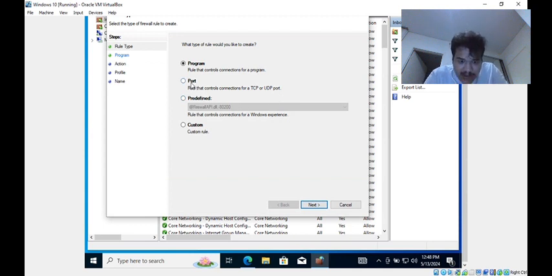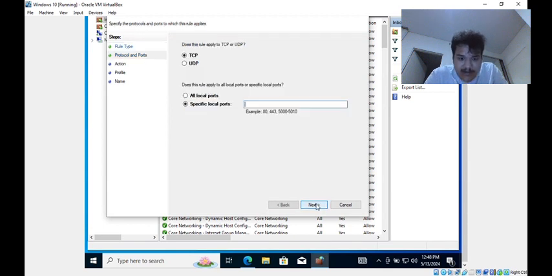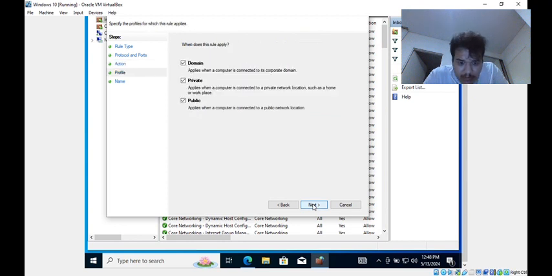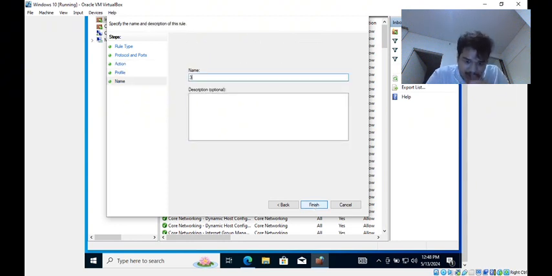Yeah, and then we click on next, and for the connection type we have to just allow the connection, and then press next again, and we just leave those as it is. And for the name we can name it as 3128 Squid. Now that our port is open, we can start with the